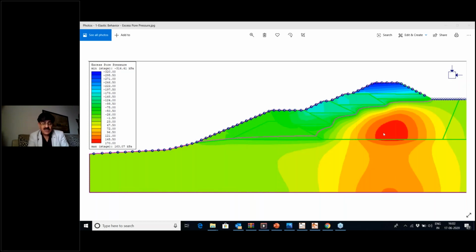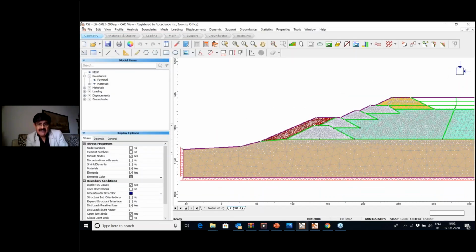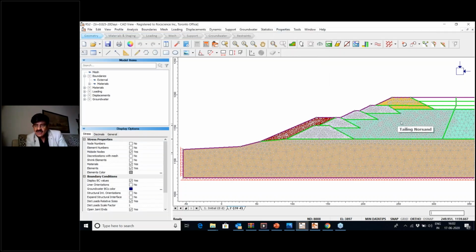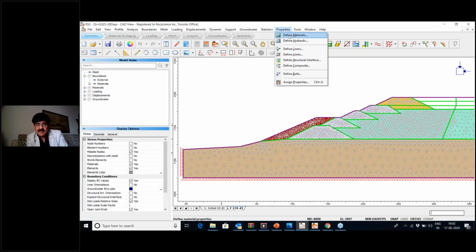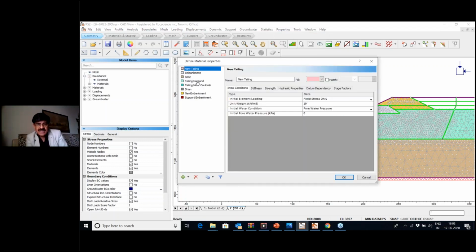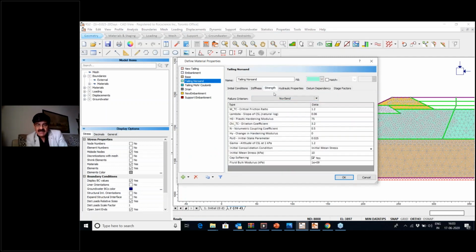But if we replace this with loose sand and choose the advanced material model, just for a moment, let me go back to RS2, where I would like to show you the properties of the material. And before I do that, you see the Norsen tailing material is represented by a Norsen advanced material model, which is found here. Properties, define material, and you see if you go to tailing Norsen, go to strength, that's the